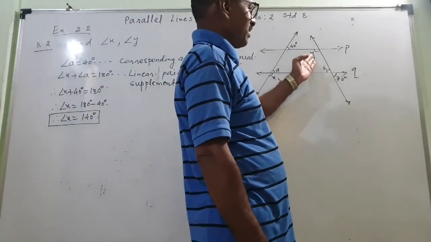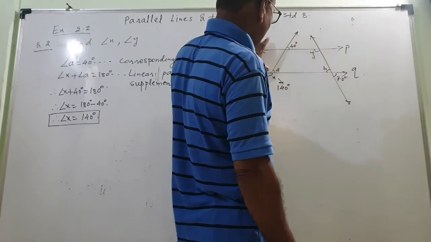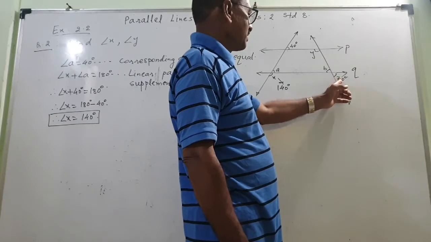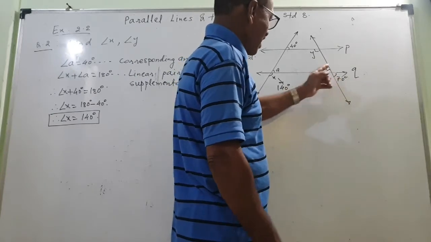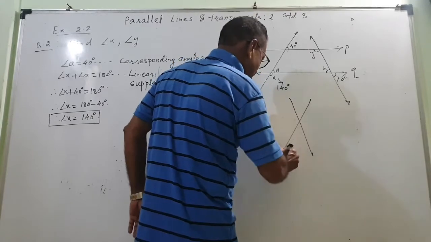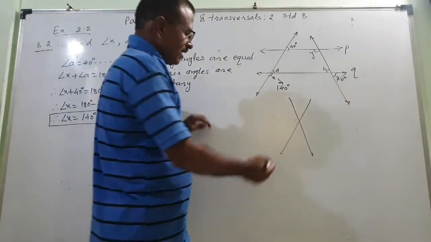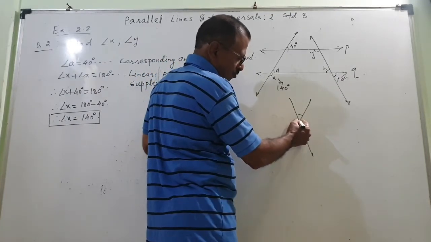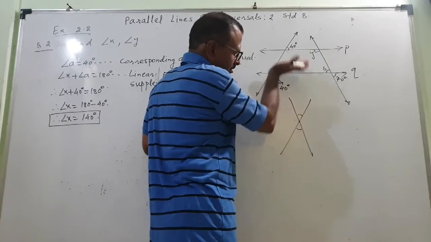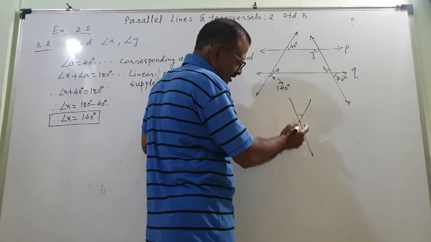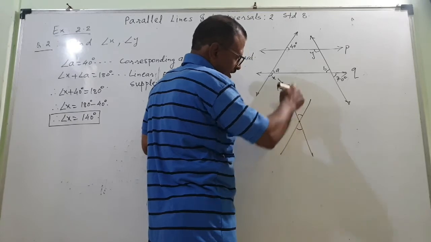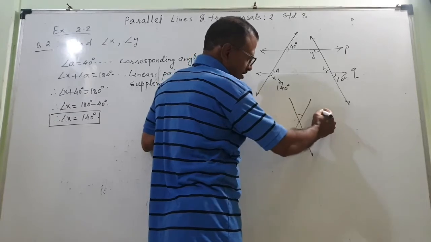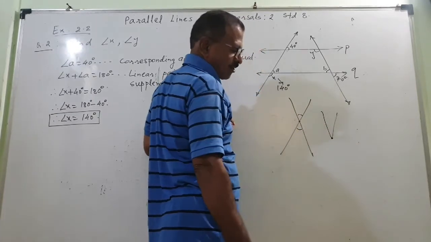Now come to this Y. These are the two parallel lines. This is the transversal. Okay. Now this is 70 degree. This is also 70 degree. Why? See this. This angle and this angle are equal. See, this angle is like this, this is like this. This vertex is pointing downward. What is vertex? This is called the vertex of the angle.